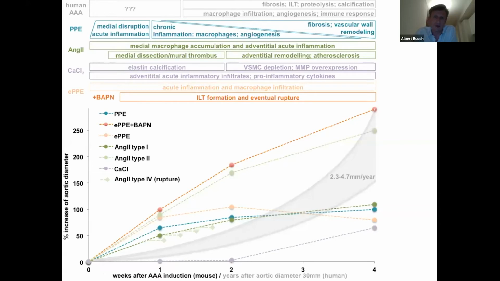But something that is very important, what we think, is to actually choose the right point for intervention in using those models to actually apply some medications. So I guess most of you are aware that most studies actually induce the aneurysm and then very early also start to give some sort of drug, some sort of treatment, which basically in most of the models just means that you treat acute inflammation that is happening here, and you don't actually treat the aneurysm features going on here.